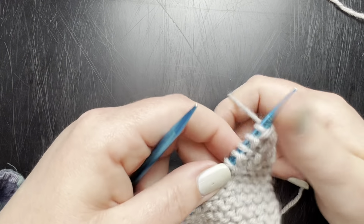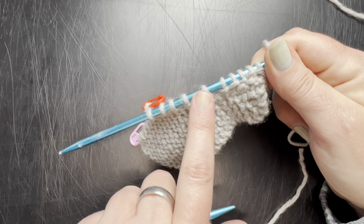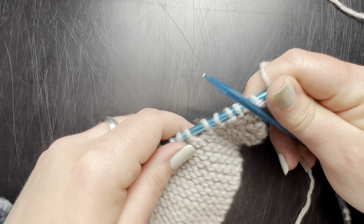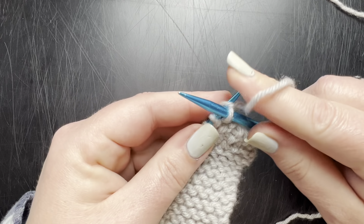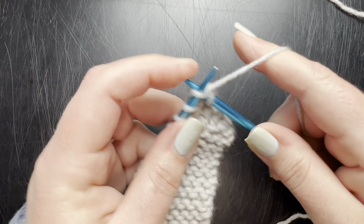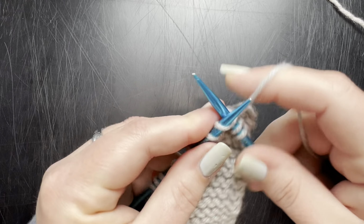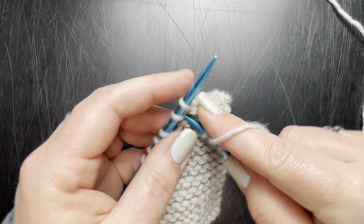We're going to turn our work, and now we can see that these 2 are still far apart, so when it comes to it, we've got to knit these 2 together. So we're going to knit the first 4 like normal. 1, 2, 3, and 4. 5 and 6 are far apart from one another, so we're going to buddy them up